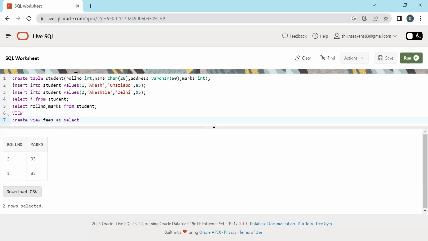हमको select करना है यहाँ से roll number, name and address, 3 fields. Because that department is not interested for marks. So as select roll number, comma name, comma